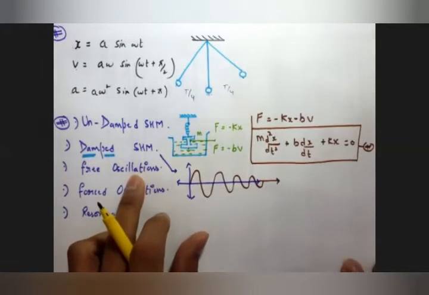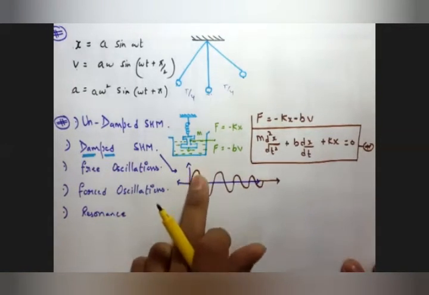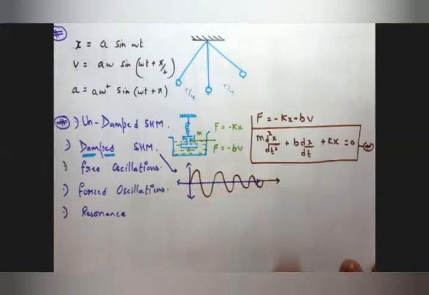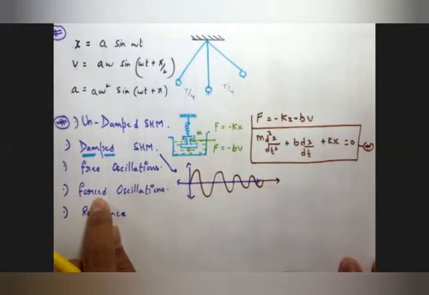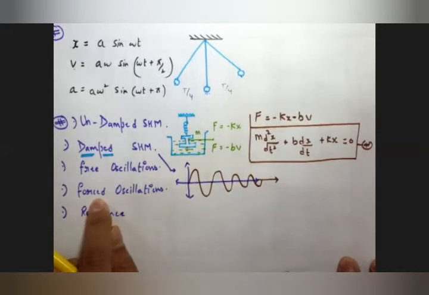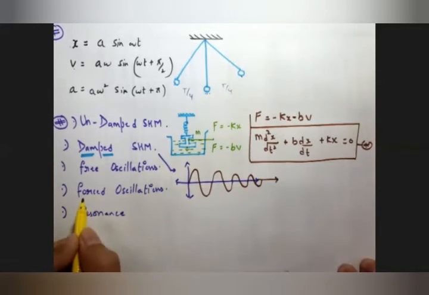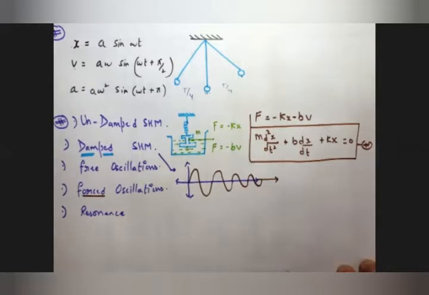Now, when we say that these oscillations were not maintained because they were getting reduced, the amplitude, the energy was getting reduced after each oscillation, some amount of force is to be applied to keep it moving with a constant amplitude. That particular oscillation will be called now as forced oscillation. So particularly the cell, the battery in a wall clock with a pendulum is providing some amount of energy, some amount of force to that pendulum after each oscillation to keep it moving in the same amplitude. With the same amplitude, the constant motion can be seen, which will be termed as forced oscillation, which is very